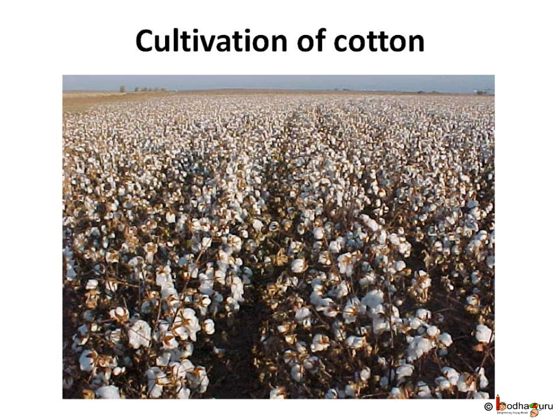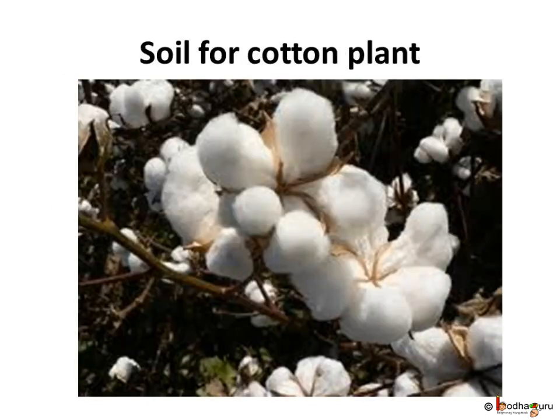We get cotton from the cotton plant. Cotton is harvested in warm climate with medium rainfall. It is sown between May and September, and the harvesting begins in October. Regarding the soil type, black soil found in western and southern India, like Gujarat and Maharashtra, is ideal for the cotton plant. In northern India, the cotton plant grows well in alluvial soil in Punjab.